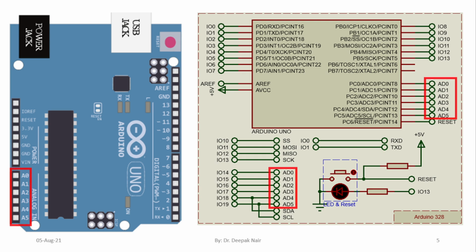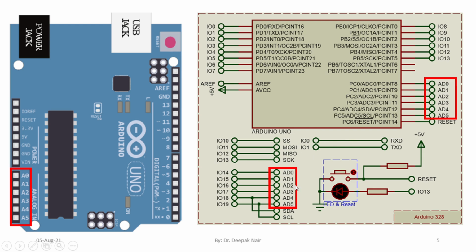First of all, let us start correlating the pins A0 to A5, which are for analog read, available in the Arduino Uno board. Here you can see AD0 to AD5, which are the same pins available in the Arduino Uno hardware.